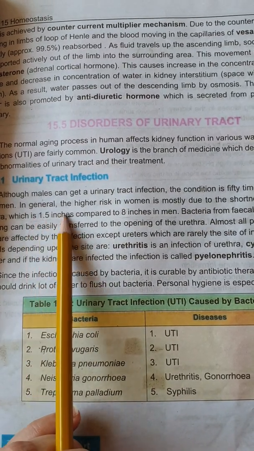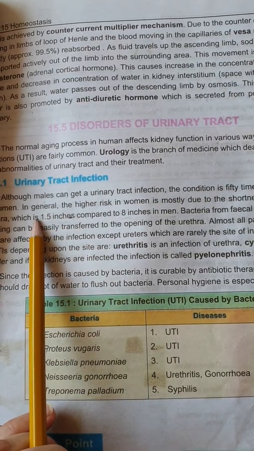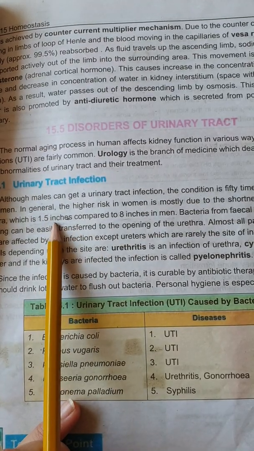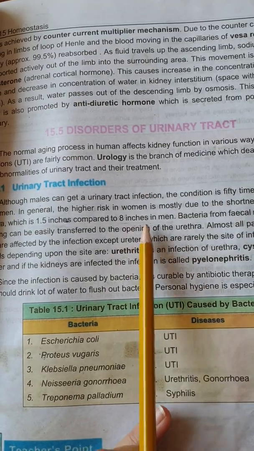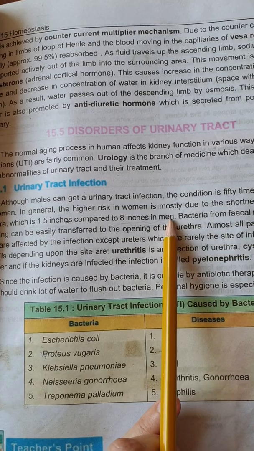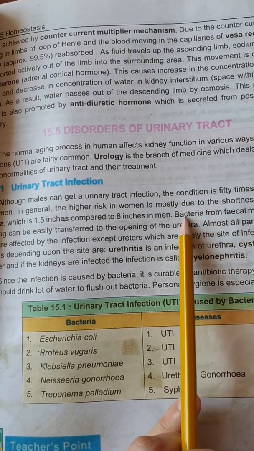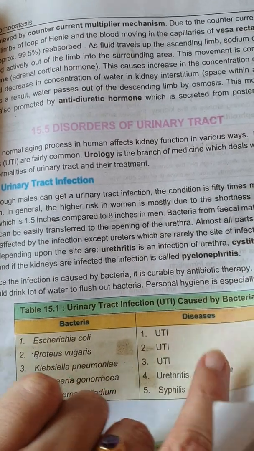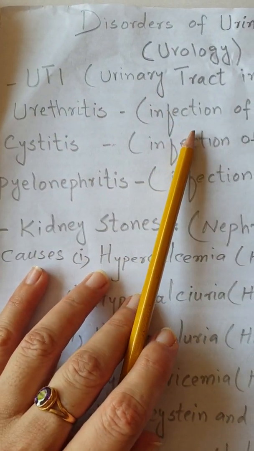So that is the smaller size of the female urinary tract, in which germs can enter easily and attack easily, while a large space or size is given in the male urinary tract, and it is difficult for the germs, especially the bacteria which cause the urinary tract infection. So that is the reason that urinary tract infection is more common in female than in male.